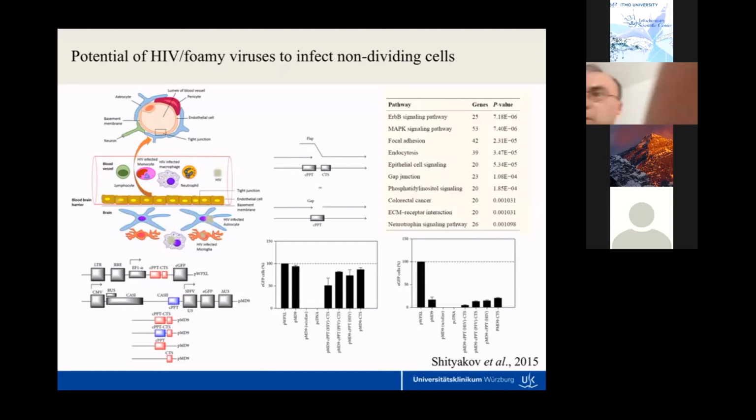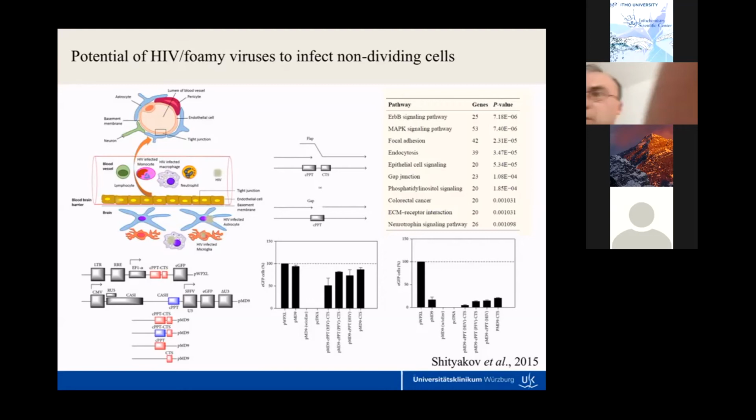Here I was doing some experiments where I restricted the cell cycles. As you can see, the results are quite interesting. So I got some vectors which are able to infect non-dividing cells, and I got also different clones, different viral vectors which are generated. I'm not going into details about what kind of molecular elements I have. This might be very complicated. It involves a lot of